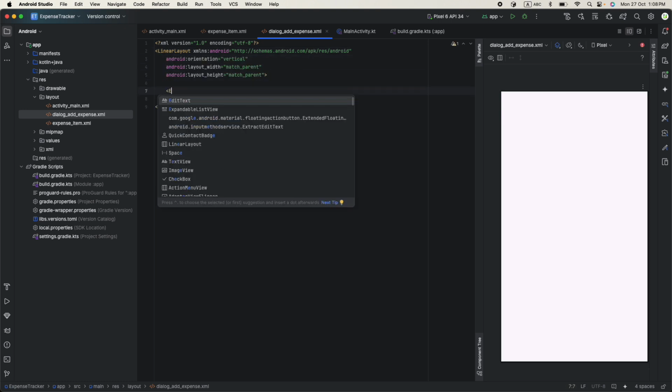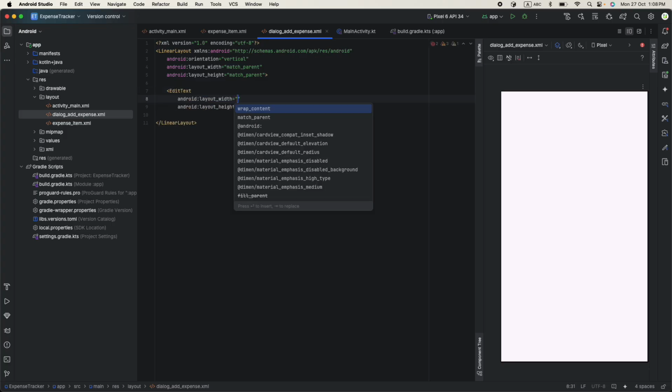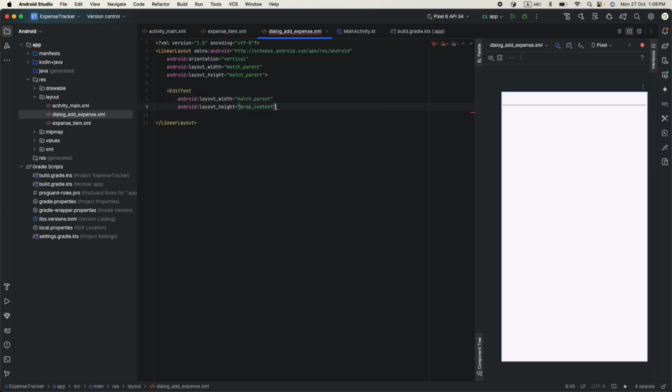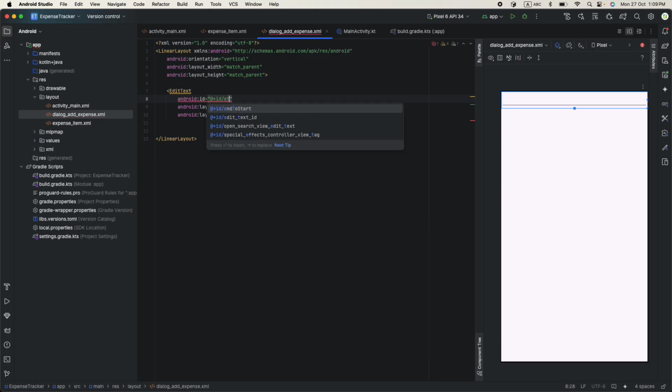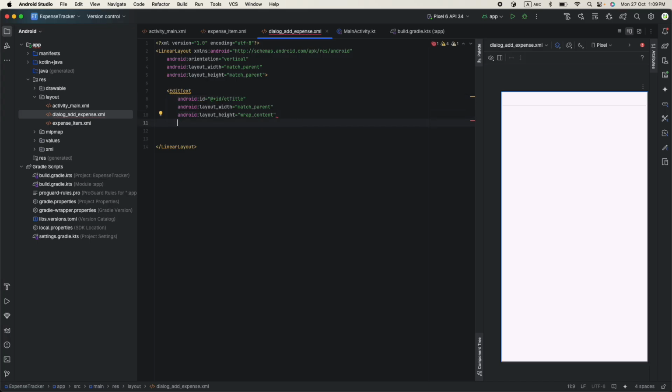We create one edit text, and this one is match parent, wrap content. Let's put the ID as edit text title, and here nothing much. In title and padding, no need padding, and input text, just edit text, and then copy paste this one, and